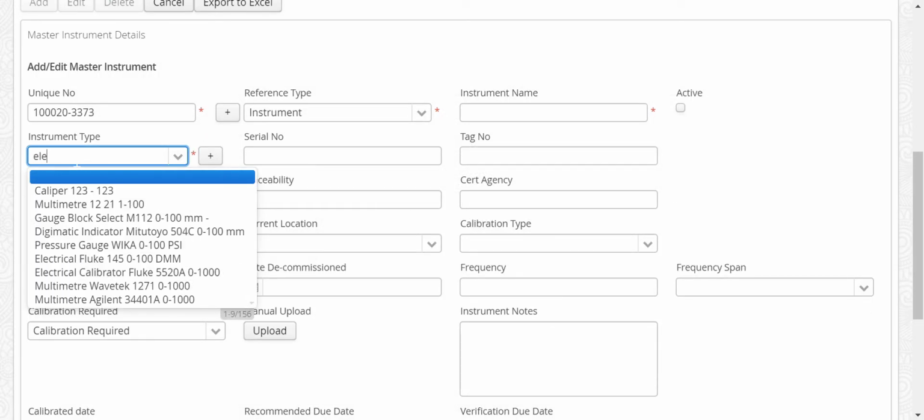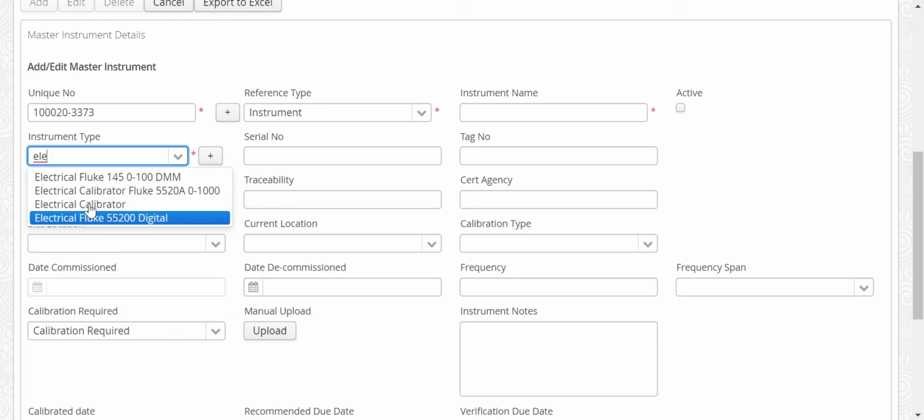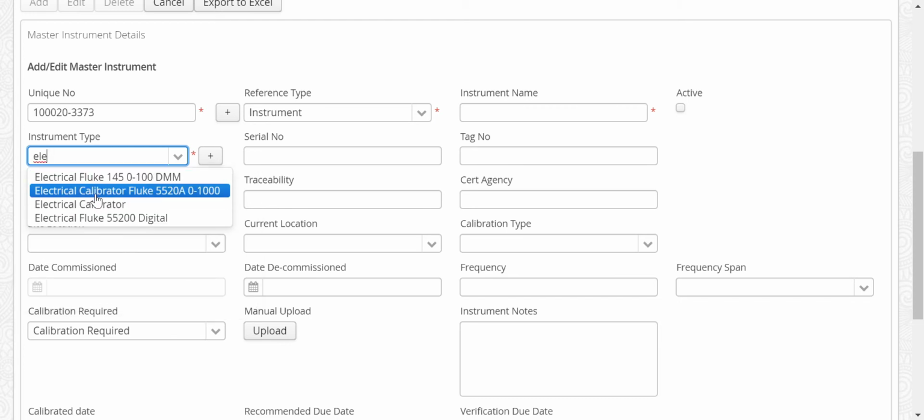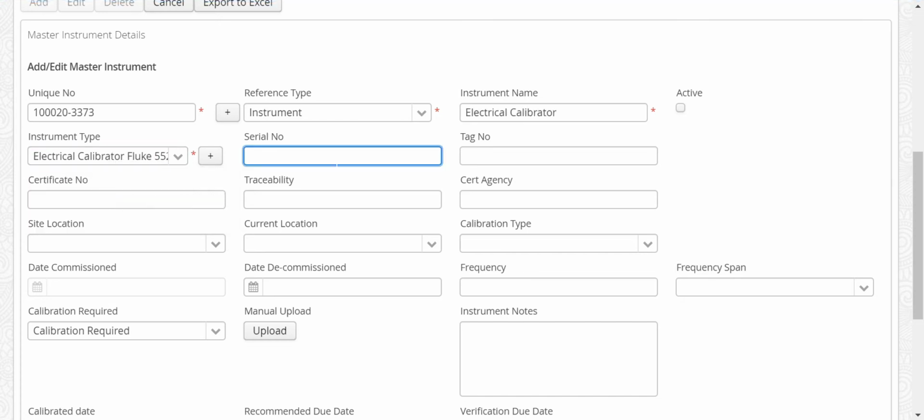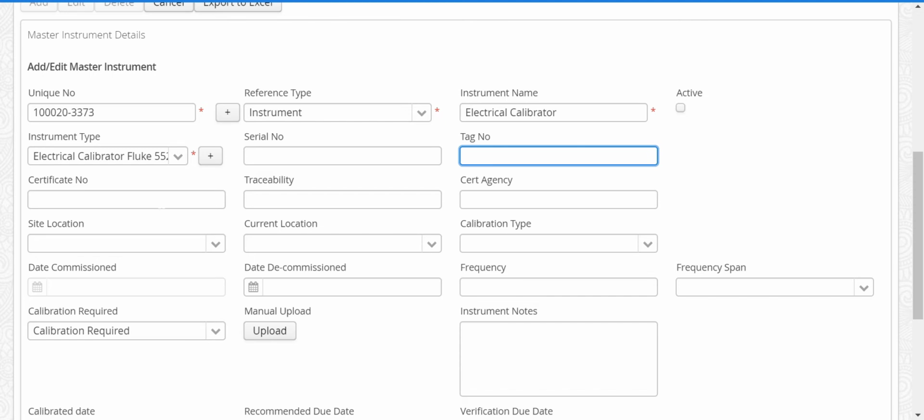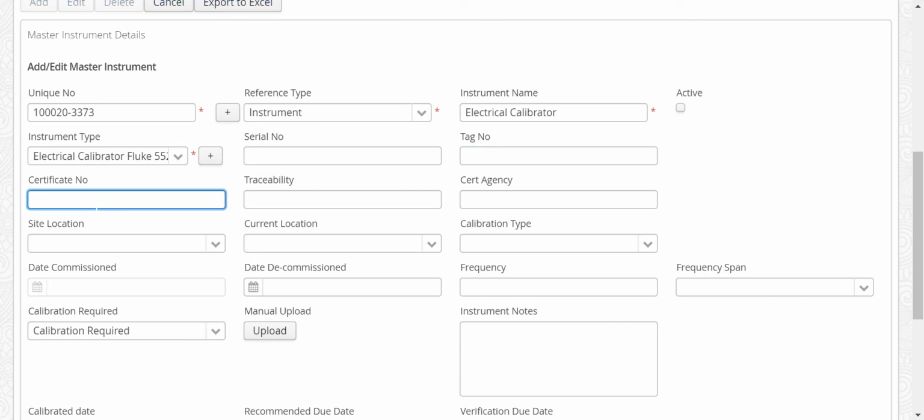So just search for electrical and you'll be able to find all the instrument types that are available in electrical. You can keep this as a reusable type, where most of your instruments might already have a set of instrument types. Just go ahead and use that, and you can give the serial number, tag number, the latest certificate number, and traceability,